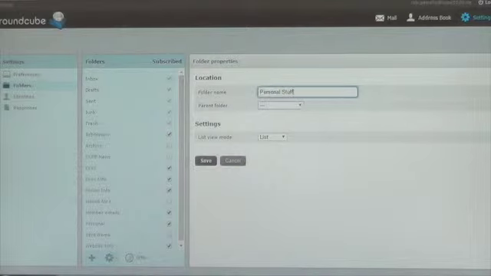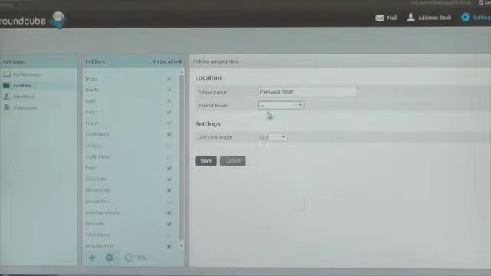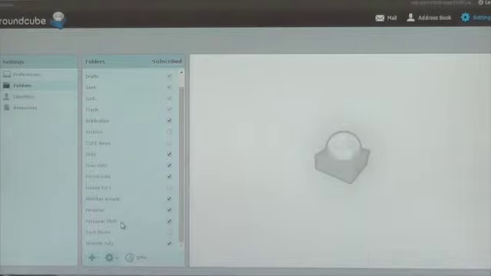Now, if I want to put it inside another folder, I would do so here and say I want to put it inside my CUPE news or my archive, but I don't. I want to just make it a folder that's just going to appear in this list over here. So I say save, and now if you look over here, you'll see one that says personal stuff, and I just created that. So if I want to remove that now, I just